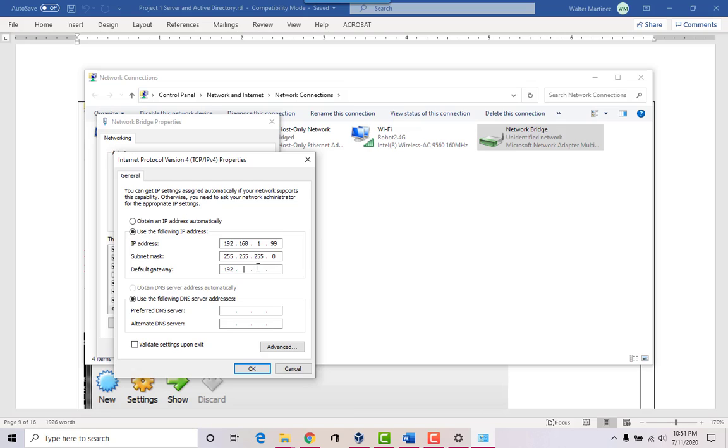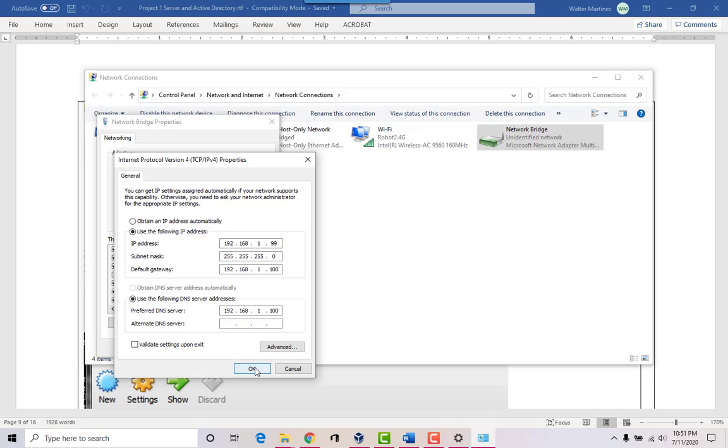I'm going to say that the server IP is the default gateway, so 192.168.1.100. Also my DNS server, which I haven't configured yet, but it will be. It's the same server, 192.168.1.100.